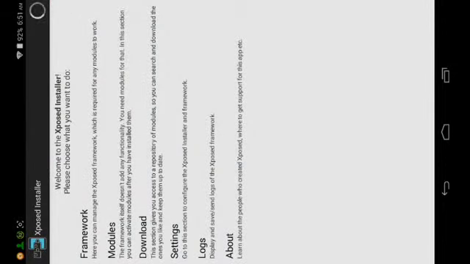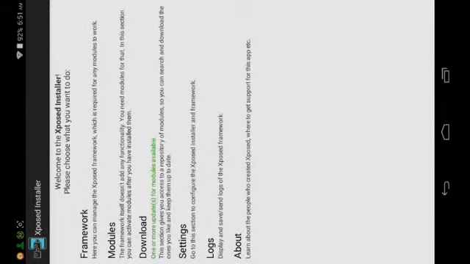And during the first time you open it up, you might need to update your framework. To do that, tap framework, and then tap install/update. It will ask for root permission, so make sure you grant it, and then tap OK for it to reboot your Android device. Then once it finishes rebooting and you're back up at your lock screen, go ahead and unlock it, and then go back into this app, and then go to where it says download,